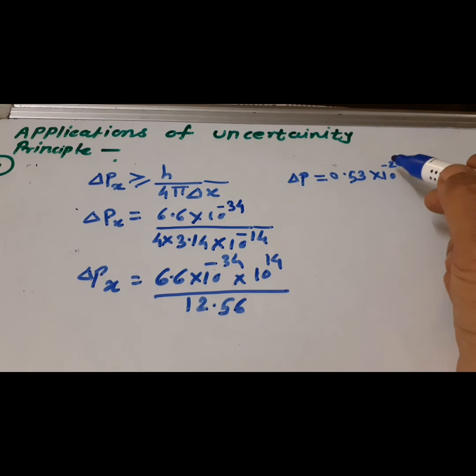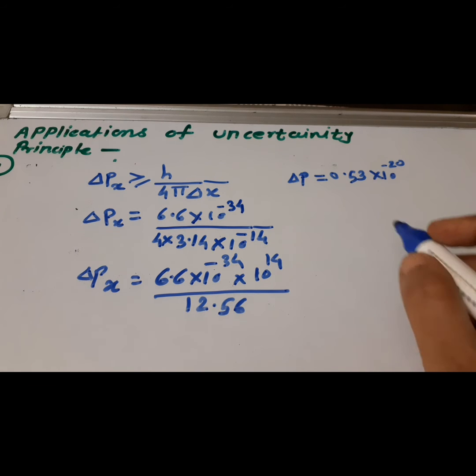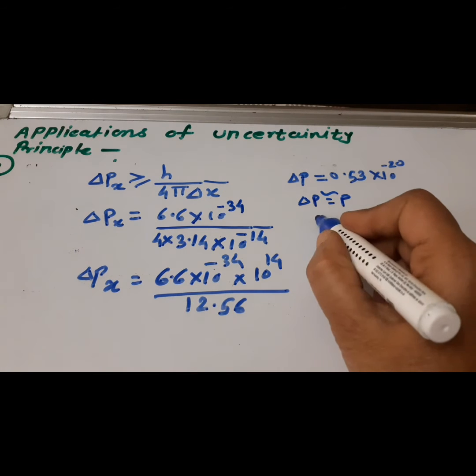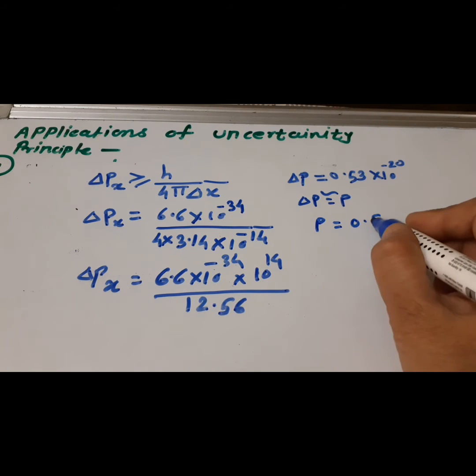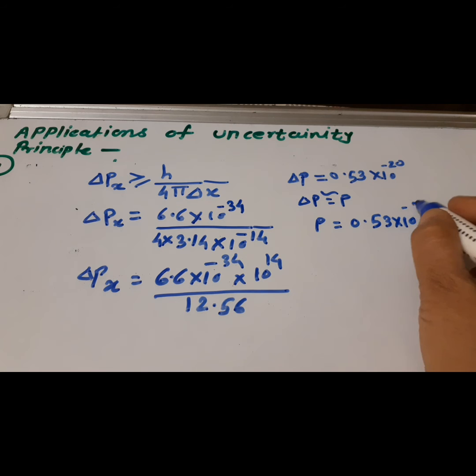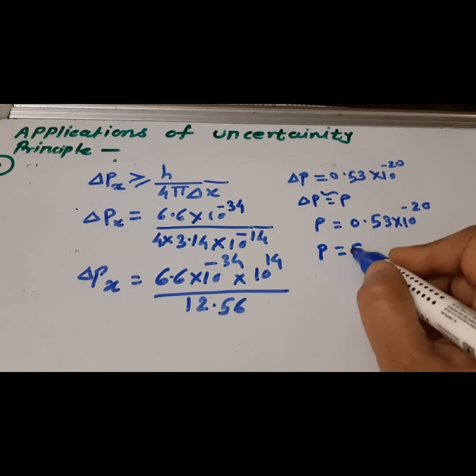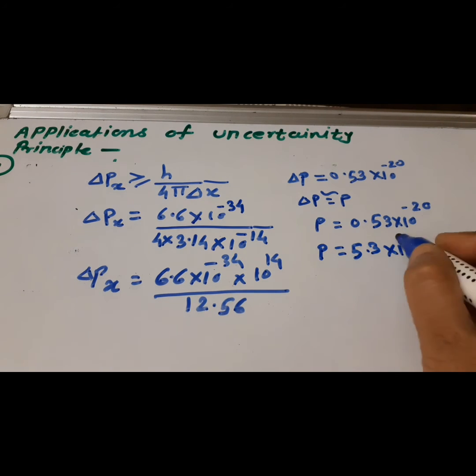Whenever the error is very small, then we can write delta P is approximately equal to P, and therefore P is equal to 0.53 into 10 to the power minus 20. Or rearranging the equation, P is equal to 5.3 into 10 to the power minus 21 kg meter per second. Okay, now this is the momentum